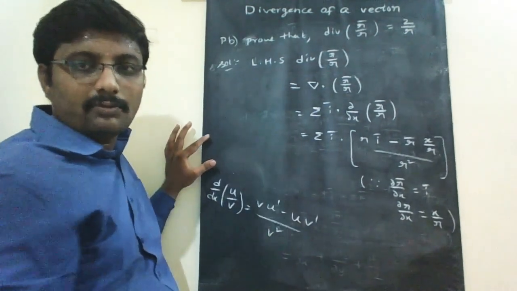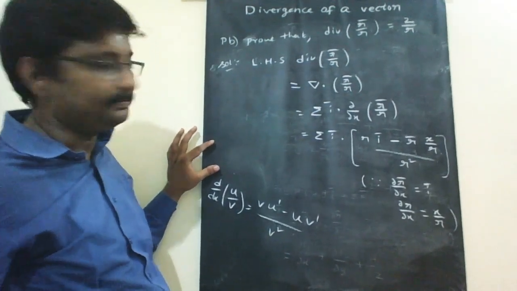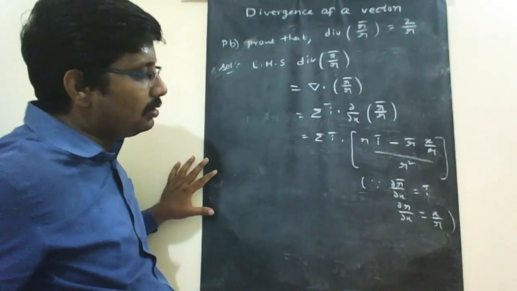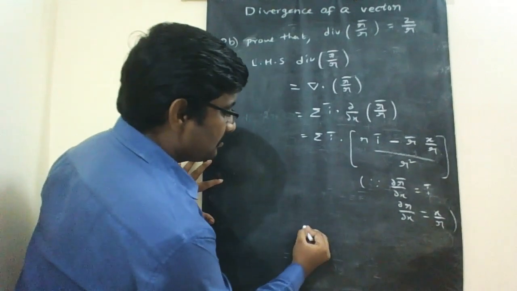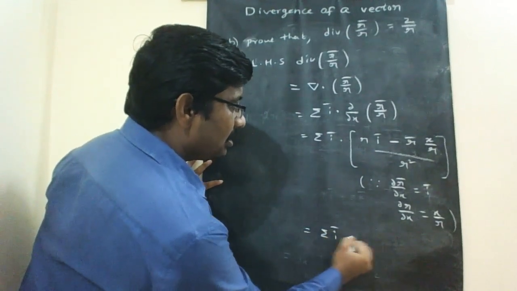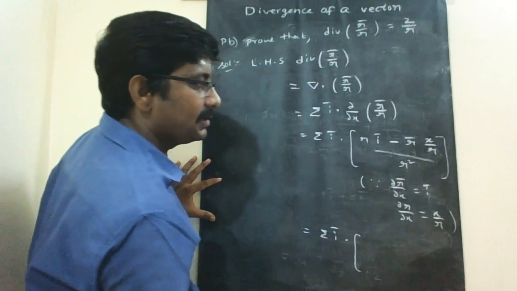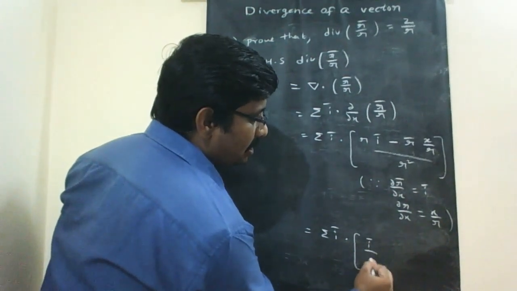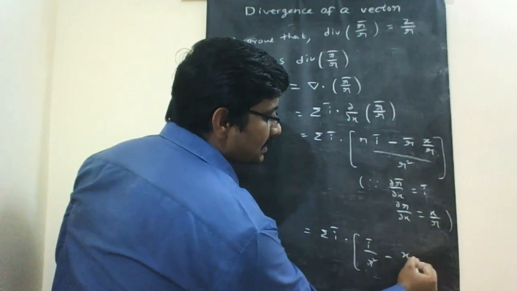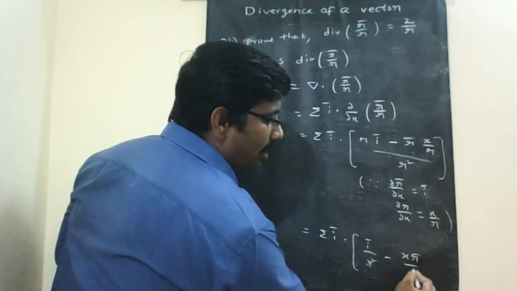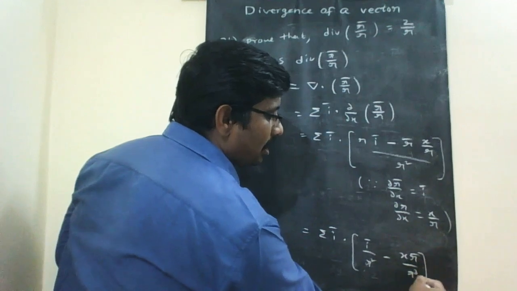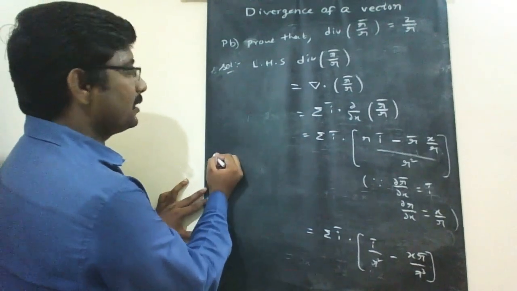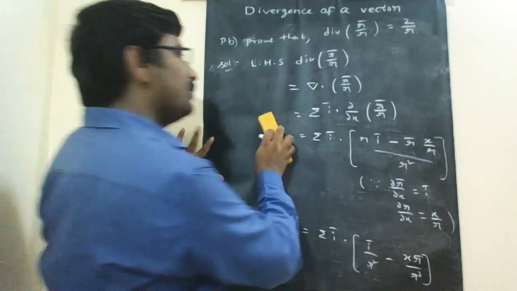We have just proved these. Now splitting the fraction, we get the summation of i bar dot (r i bar) by r square. Clearly one r gets cancelled, that is i bar by r square, minus x into r bar whole by r into r square. r into r square is r cubed. Now applying the dot product, we will get the required value of the divergence of r bar by r.